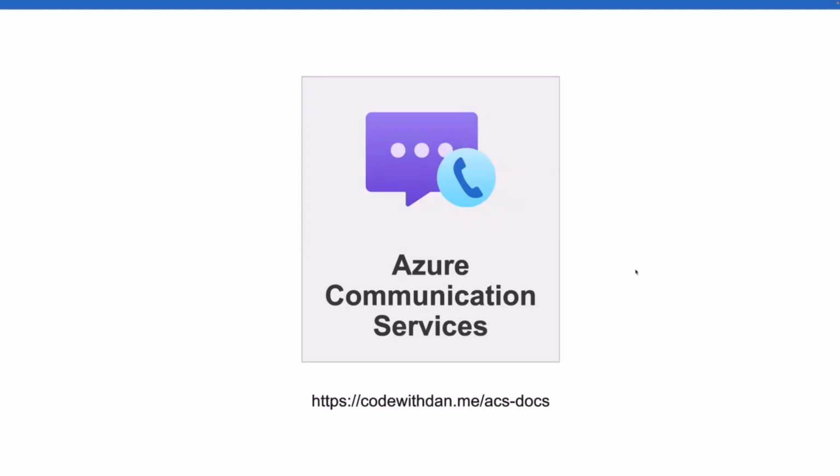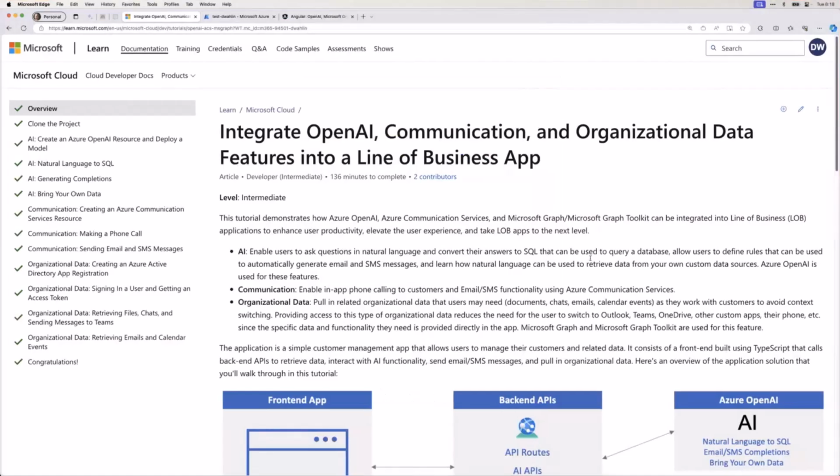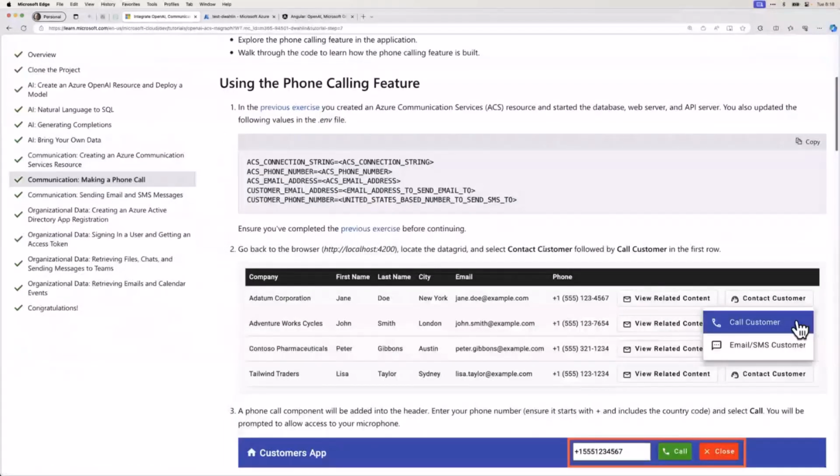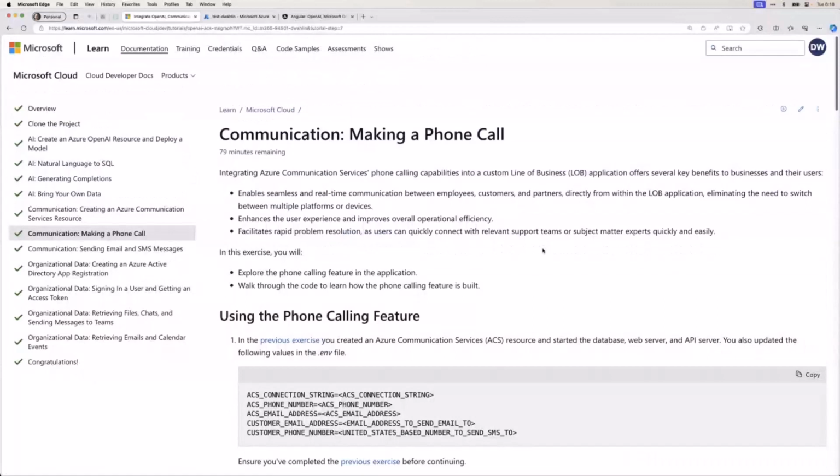To give you an idea of what we're going to talk about code-wise today, everything that we've been covering, if you're new to this, is in this tutorial, and I'll have a link for you and even a scan code at the end of this session. But we're now on this one right here, making a phone call. I'm going to walk through the key features that you would find in this tutorial. If you want to go through it, you don't really even have to listen to me. If you're one of those people in school who didn't like listening to the lecture and just wanted the book, here you go. Here's the book. Now, let me show you the demo of this really quickly.